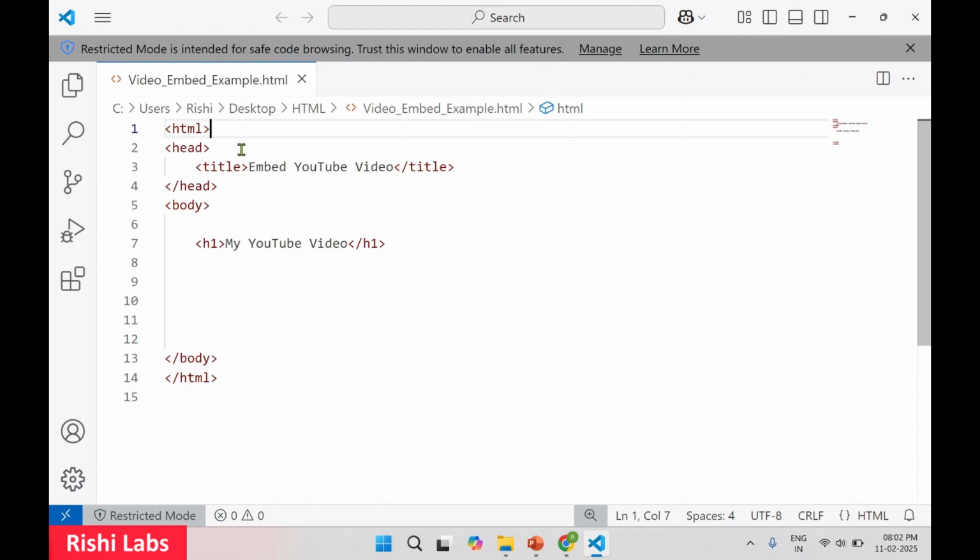So in this HTML, you can see it has a start tag, HTML tag, and it has an end tag. Similarly, it has one head, and inside the head we have provided a title, embed YouTube video, and it has a body tag, and inside the body we are providing one heading, my YouTube video. Okay, now let's save this. I'll press Ctrl S,